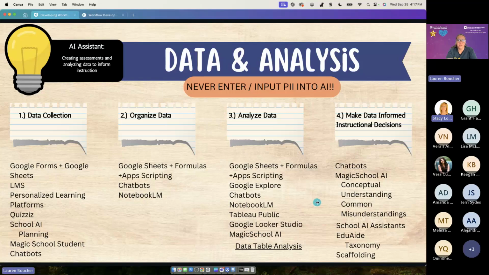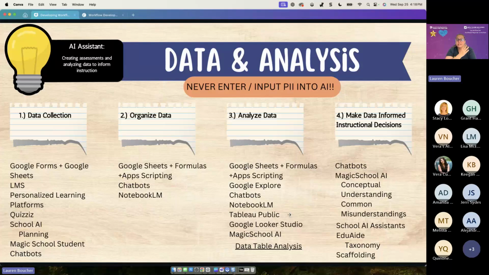Awesome, thank you. So analyzing the data, AI does it in seconds. This is another one of those places where using AI as an assistant is going to give you back so much time. So some new tools that haven't been mentioned yet: Tableau Public, and I probably just gave Vera nightmares. But Tableau is a platform that allows you to load in your data, and then you can create dashboards and all kinds of visuals. I'm a very visual person, so that helps you analyze your data very quickly.